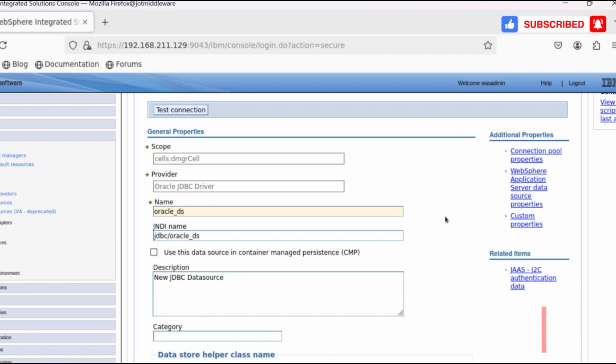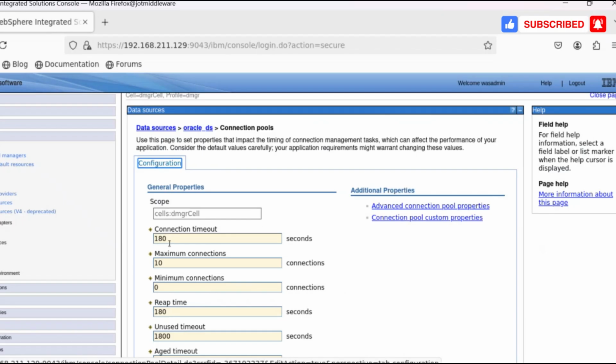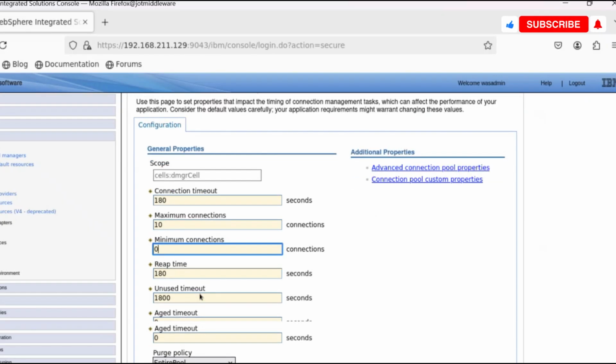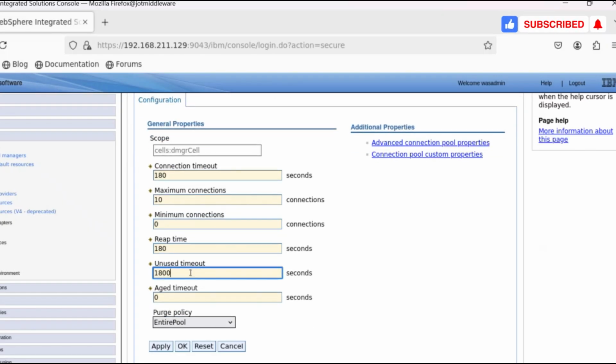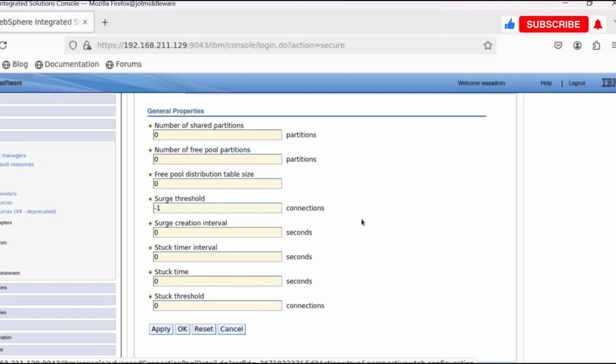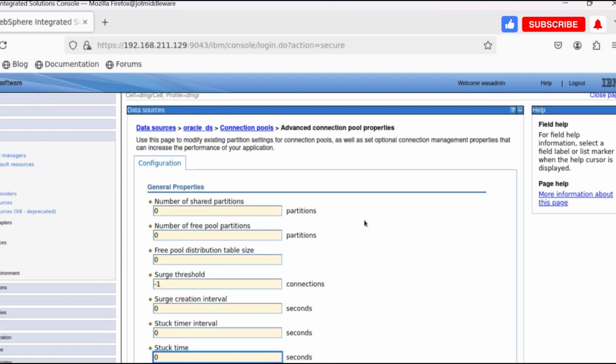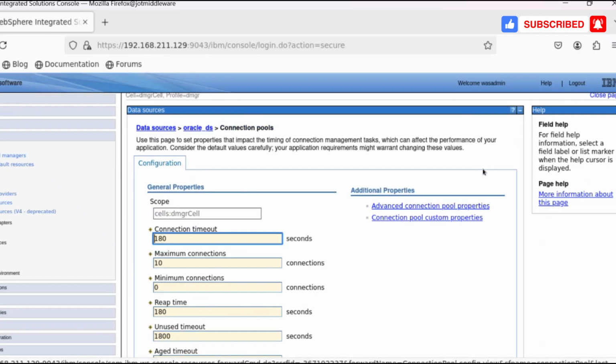performance metrics that need to be considered when tuning the connection pool parameters: the connection timeout, minimum connections, maximum connections, read time, unused connections, aged timeout. And when you go to advanced connection pool properties, there are multiple parameters, stuck threshold, stuck time. So there are multiple things. We'll discuss slowly one by one, but